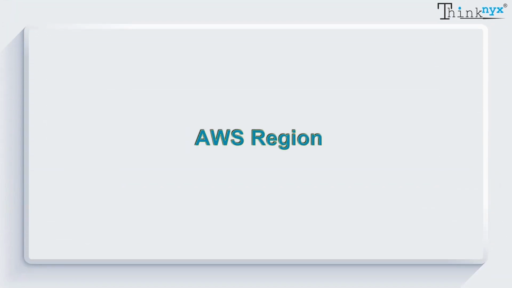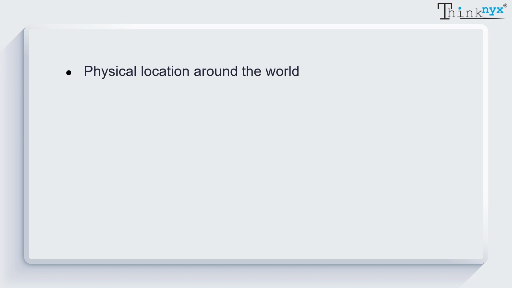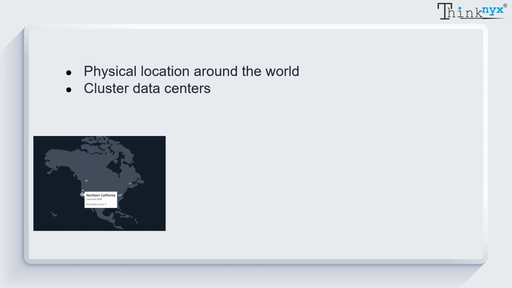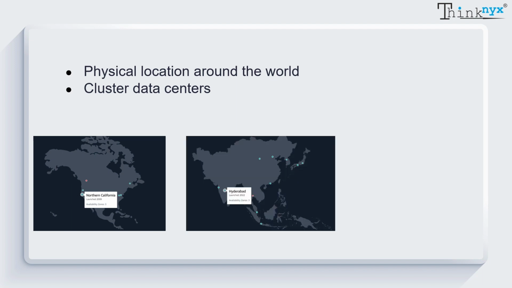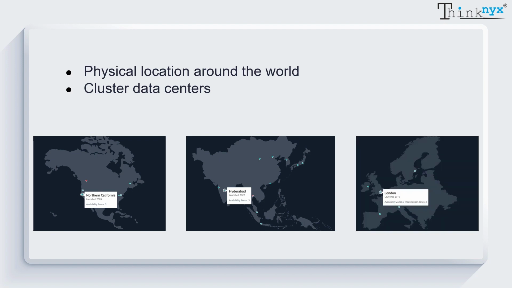Let us now start with AWS region. AWS has the concept of a region, which is a physical location around the world with clustered data centers. AWS opens new regions rapidly. AWS maintains multiple geographic regions, including regions in North America, South America, Europe, China, Asia Pacific, South Africa, and the Middle East. Say for example, we have an AWS region in Northern California in North America, the latest being in Hyderabad in Asia Pacific and London in Europe. AWS also has government cloud regions. These are not available for the general public and are specific only to the US government.